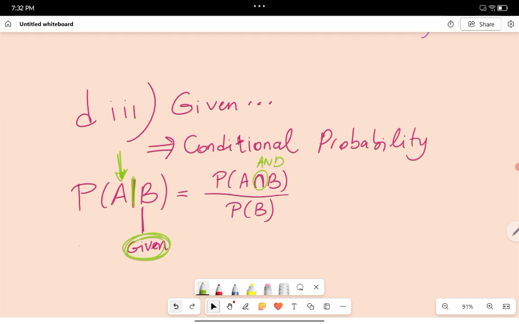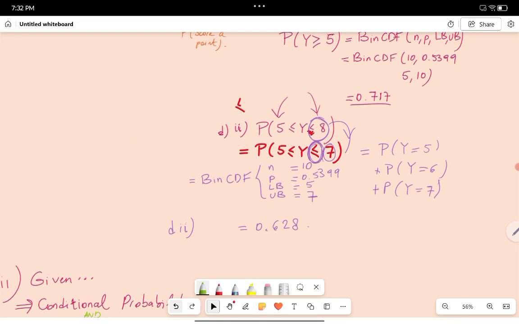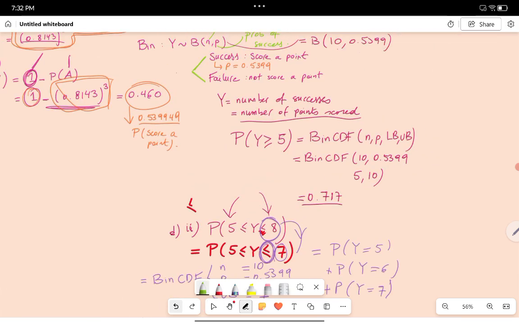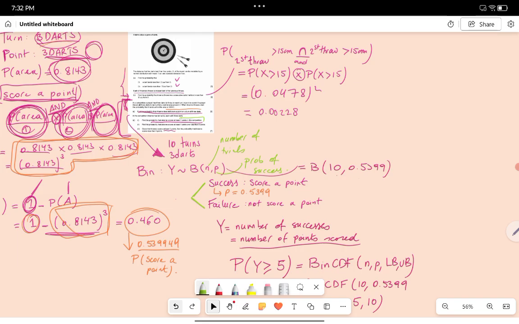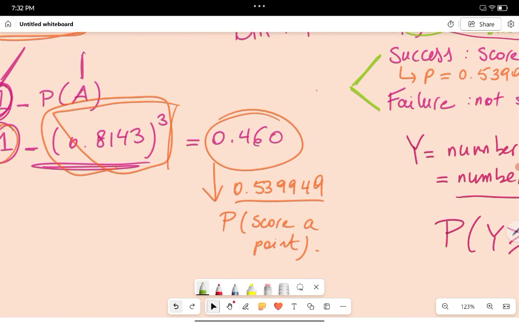So let's go back to our question. Given that Ariane scores at least 5 points, find the probability that Ariane scores less than 8 points. So,